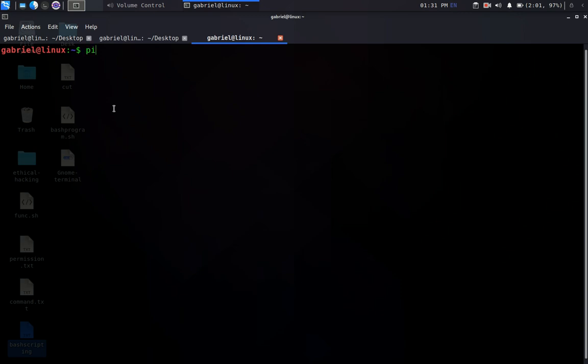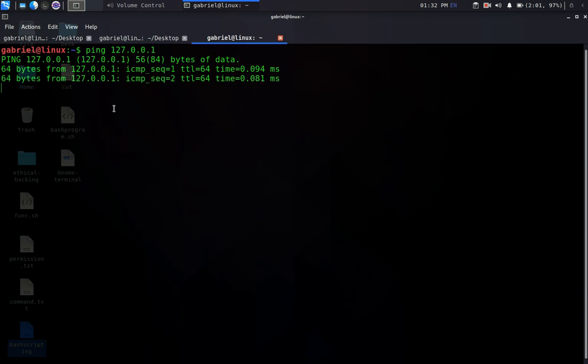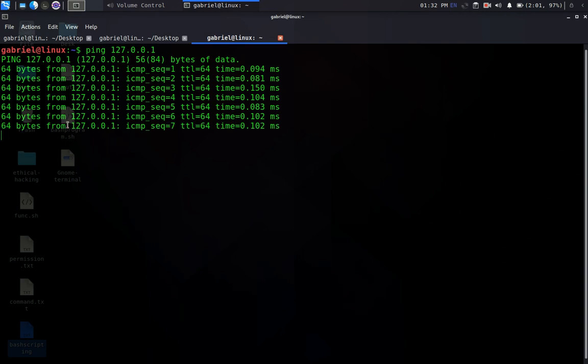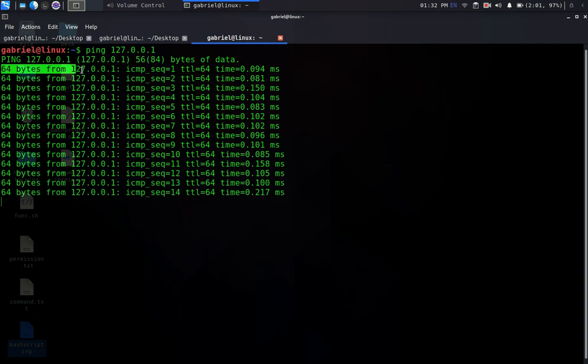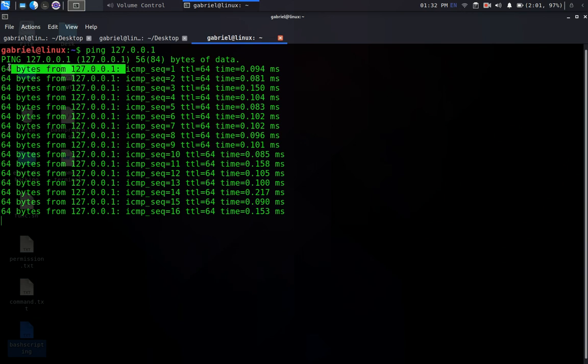To test if a host is alive, we use the ping command, then we ping the name of the host, so the IP address. Let's say I want to ping myself, which is the address that loops back to me: ping 127.0.0.1. As you can see, because I'm pinging myself, it shows that this address is up. That is why it's returning a reply back to me. It says 64 bytes from, which means we received 64 bytes back from